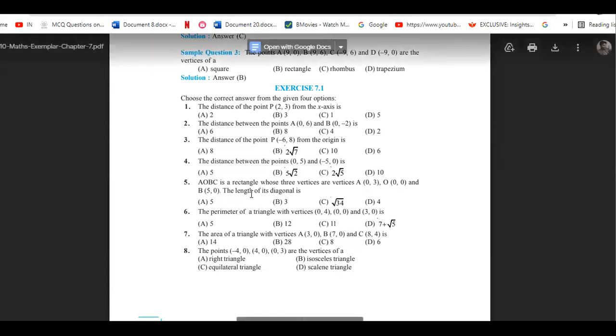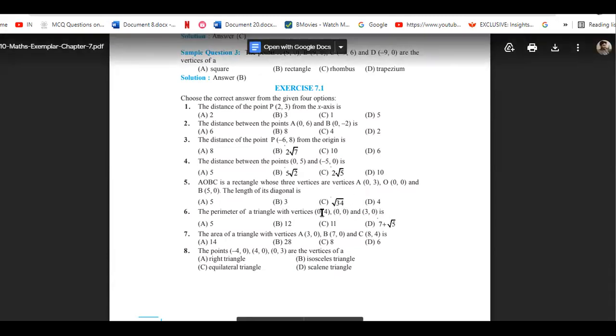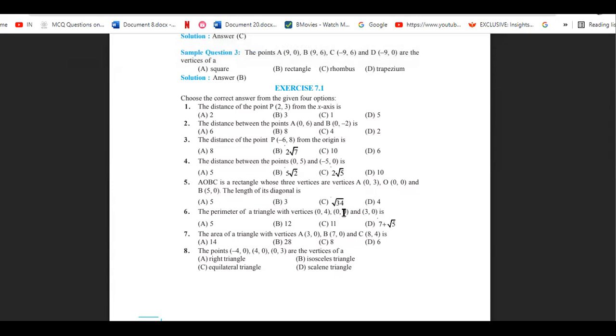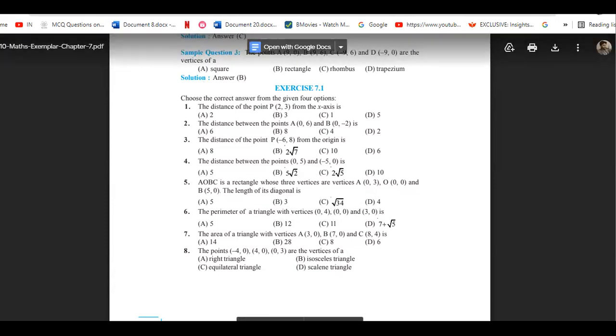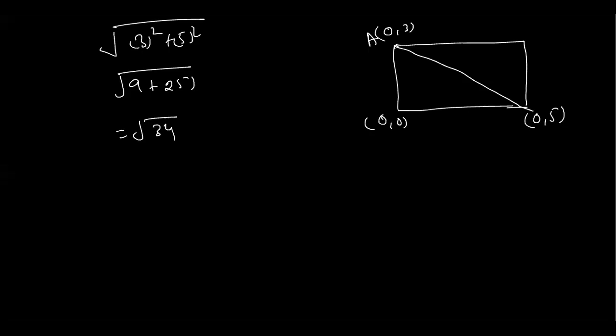You have to calculate, simply you need to add the 3 distances, and if 0 is the coordinate, it will help you simply. So if 0 comma 4 is the coordinate, what you need to write is that 4 is the distance between this one and this one, and 3 is the distance between this one, because 3 comma 0 is the other coordinate. Let me explain this in a simple order: you have the coordinates 3 comma 0, then 0 comma 0, sorry, 0 comma 4.